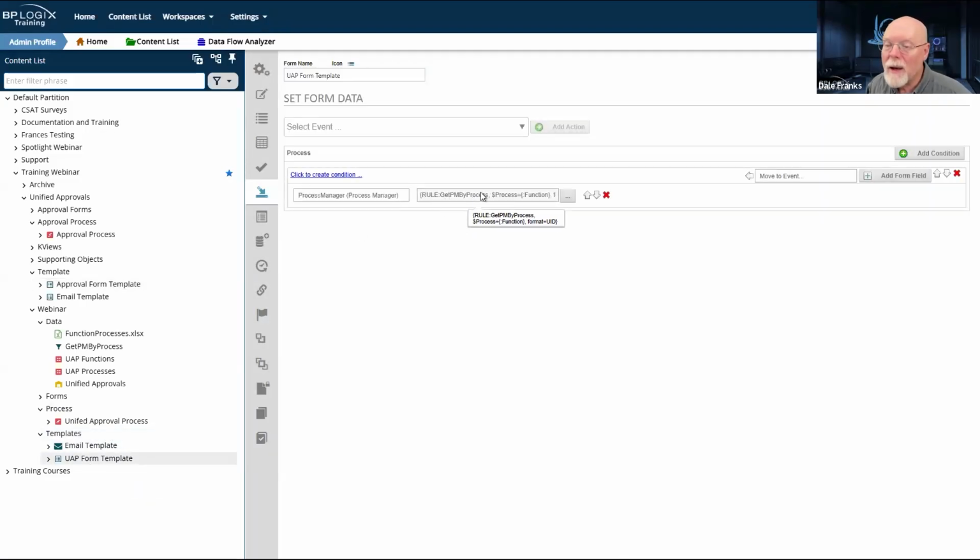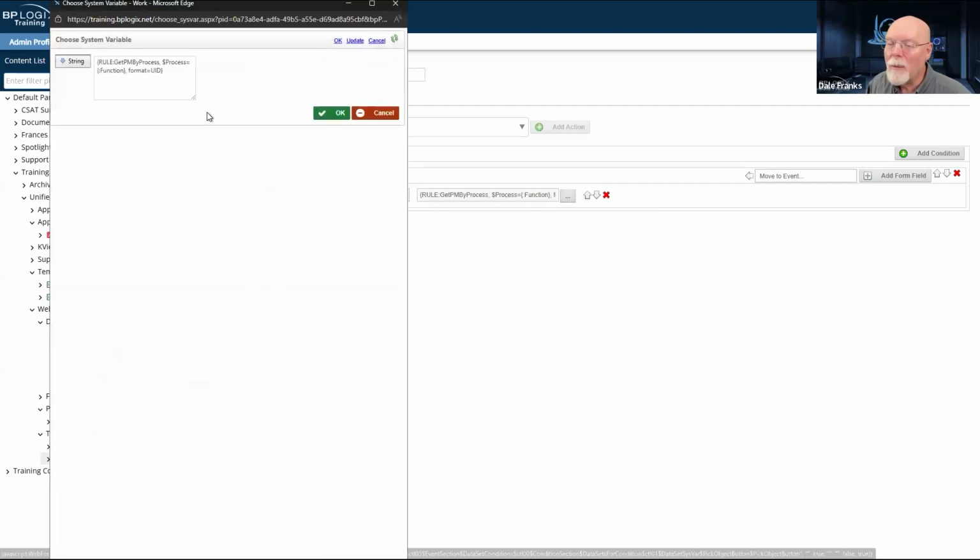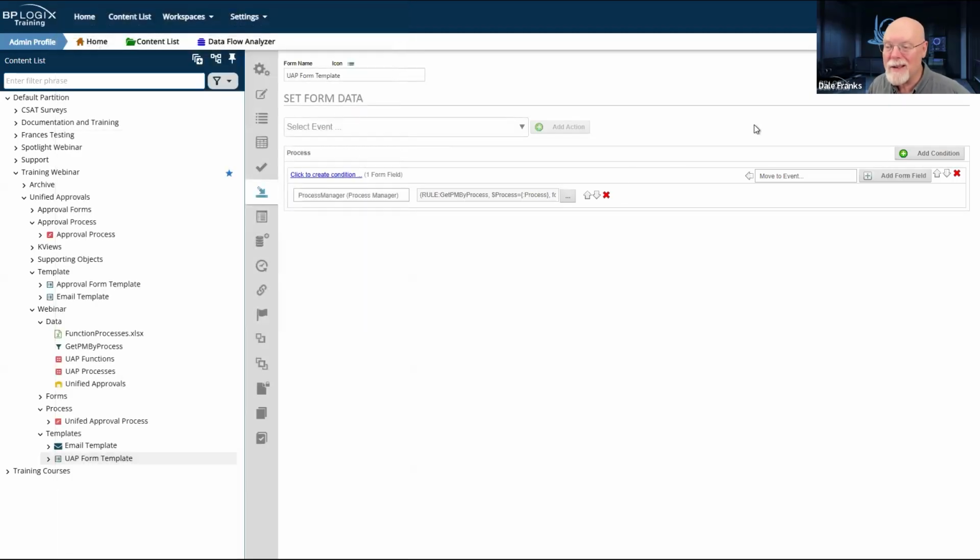Rule, get PM by process. Ah, well, it helps when you're setting the value of the parameter to set it to the process and not to the function, because the function codes and the process codes are all different.